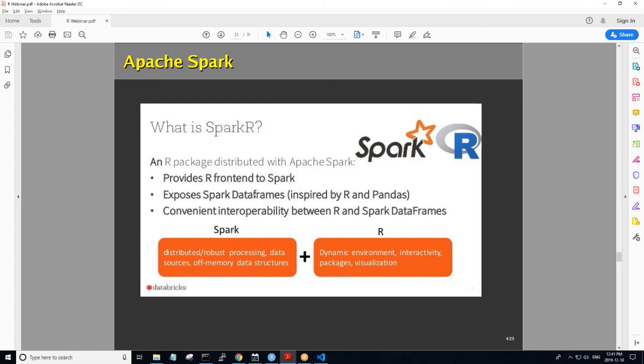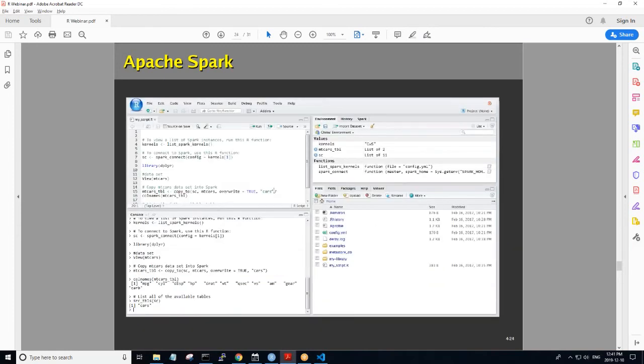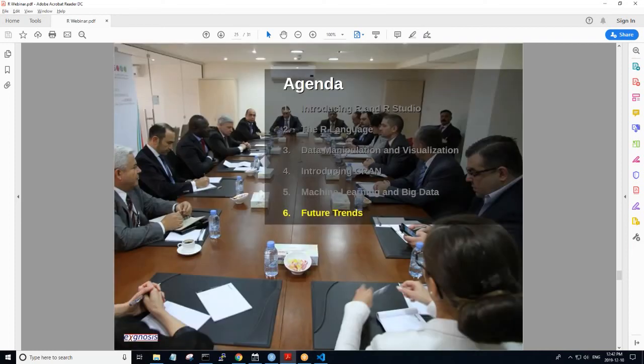Now we're talking about using petabytes, exabytes, terabytes of data, and instead of having R being responsible for trying to work with that data directly, R talks to Spark and Spark works with that data for R, but the analysis is still being written in the R environment. And here's an example of interacting with Spark through the RStudio interface.